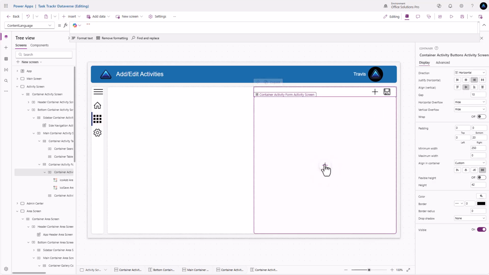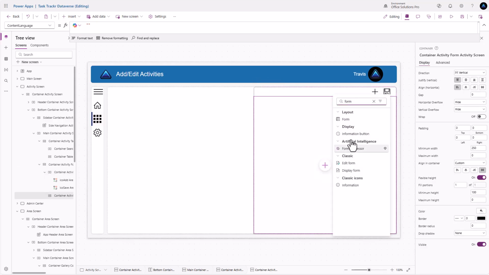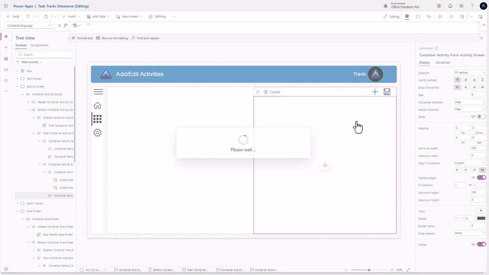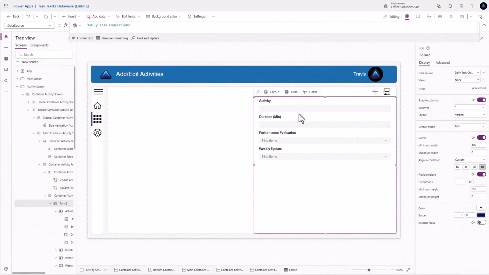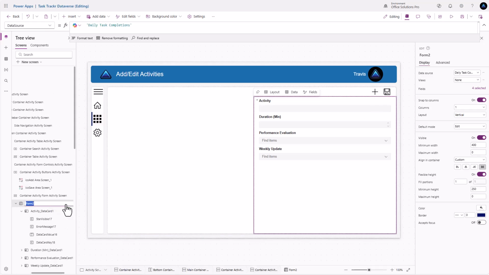And let's go ahead and add our form. And this will be our daily task completions. All right, I went through and already made it a single column and removed all the excess columns that we didn't need to pull into this. And now what we can do is change the name of this. This will be our form activity